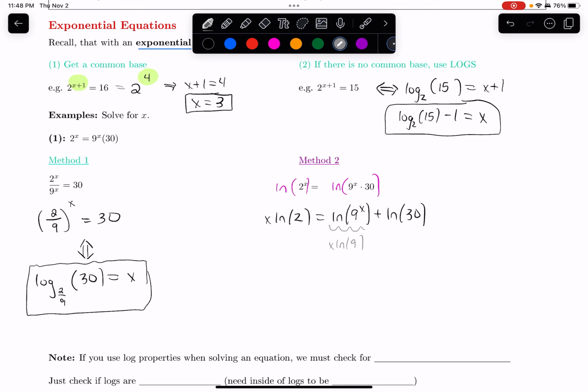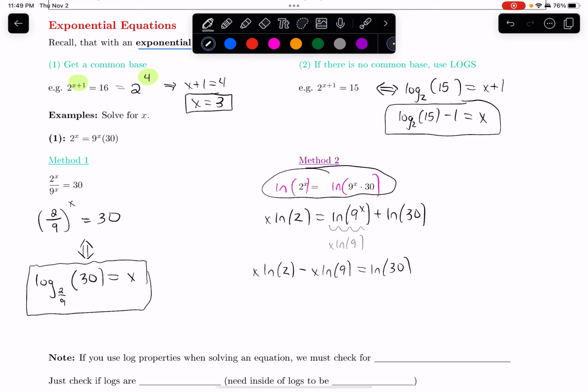All right, so now let's get all the variables on one side. I'll move this x term to this side by subtracting it. So I get x ln of 2 minus x ln of 9 equals ln of 30. What taking the log of both sides did for me, why it was helpful, is that after we use some log properties, it let me get the variable out of the exponent. The variable used to be in the exponent, now it's out of the exponent,